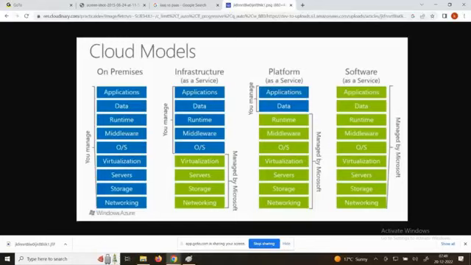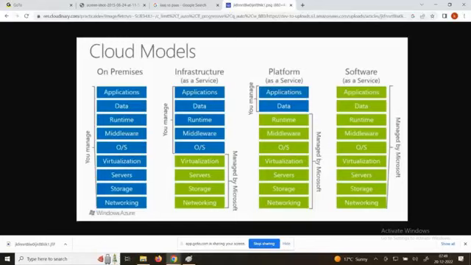Now, instead of you maintaining everything, AWS will set up the network, AWS will install storage, AWS will create the server, AWS will install virtualization. Then they will install the operating system and give it to you. Who needs to apply the license? Who needs to purchase it? You need to buy the license. From license to other things, you will manage. AWS will manage these things. EC2 instance is nothing but infrastructure as a service. Write it down. Very, very important.